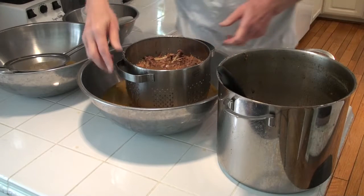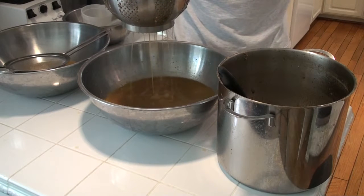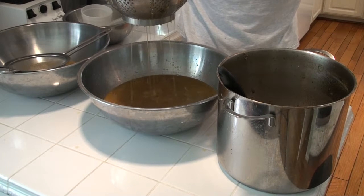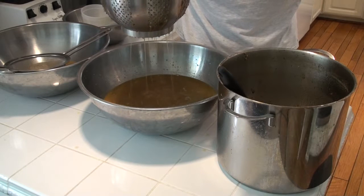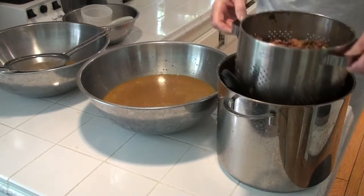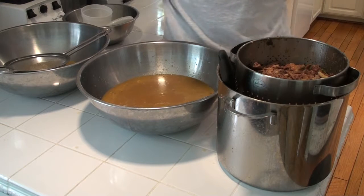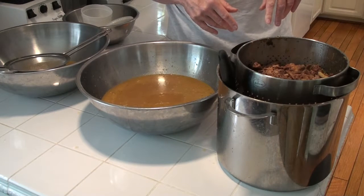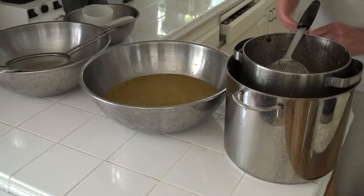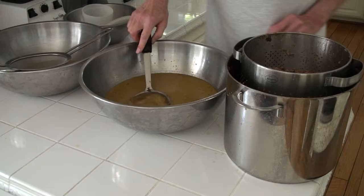Again, we're gonna let it drain. But since we're like several inches into liquid, what I'm gonna do is I'm gonna let it drain back into the pot, and we'll get back in about an hour or so when it's all drained, and we'll take it from there. Okay, so it's about half an hour later and all the juice has drained out, which means now that